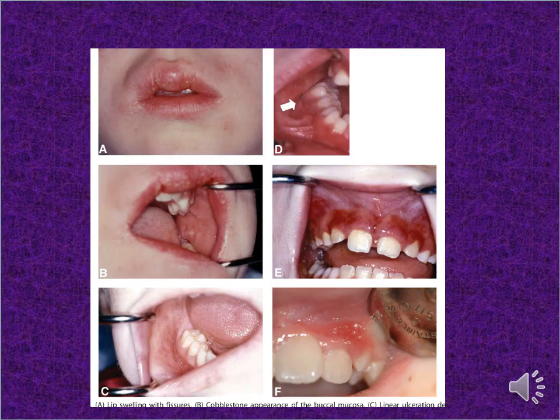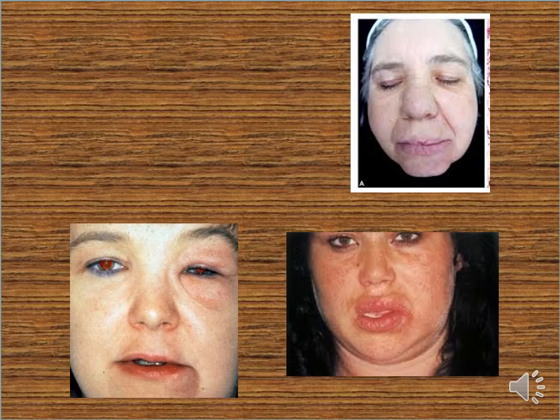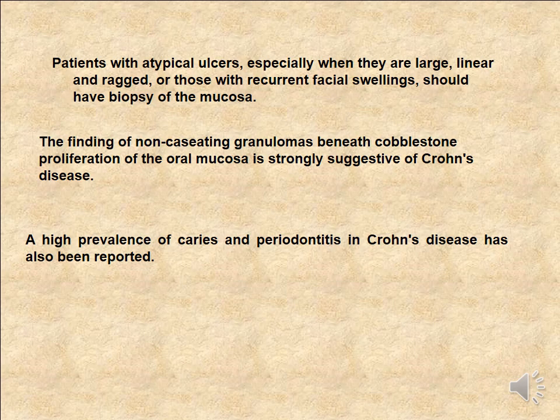This figure shows the oral manifestation of Crohn's disease. We have a syndrome called Melkersson-Rosenthal syndrome, which consists of facial swelling, facial palsy, and fissured tongue. Enteritis granulomatosa may also accompany the manifestation of Crohn's disease. This is Melkersson-Rosenthal syndrome. Patients with atypical ulcers, especially when they are large, linear, and rugged, or those with recurrent